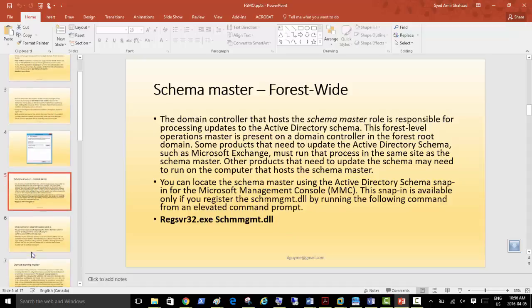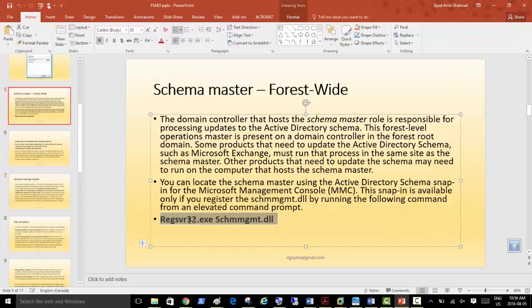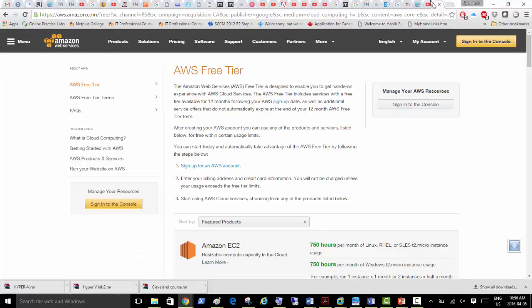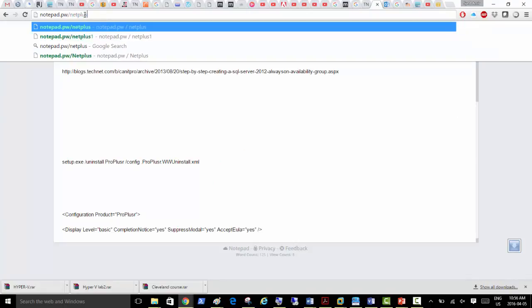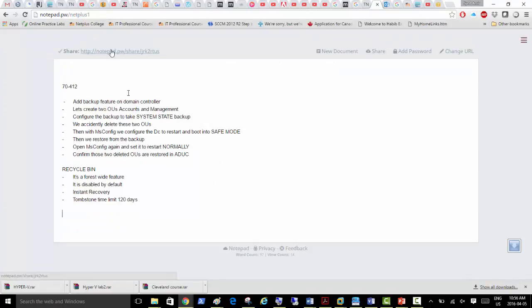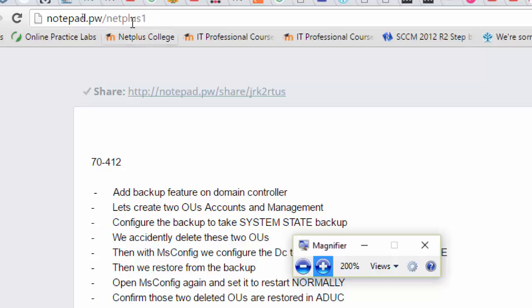So we're going to talk about these commands. I'm going to put those commands up there on the cloud as well. So let's start using the cloud. We were using the cloud already, right? How are we using it? Notepad dot net plus 1. So let me put it on. I'm quickly putting those commands. Please go to this page,